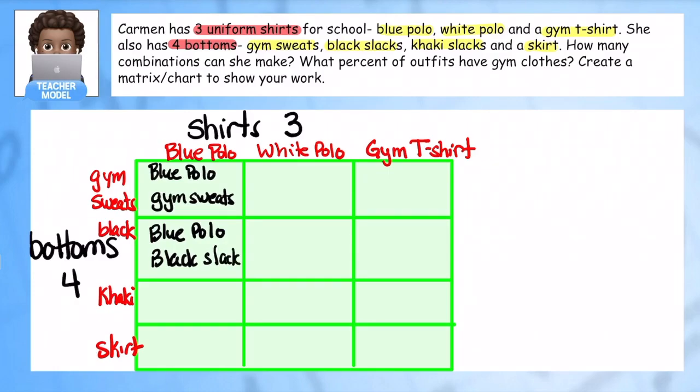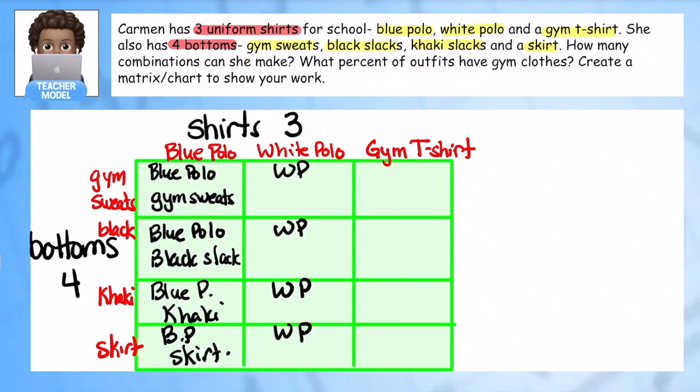So I just want you to see it, and I'm going to use abbreviations to kind of help. So BP for blue polo, skirt, white polo. I know this whole row is going to be white polo, white polo, and now I have gym sweats, black slacks, khakis, skirt. Last row, I have the gym tee,